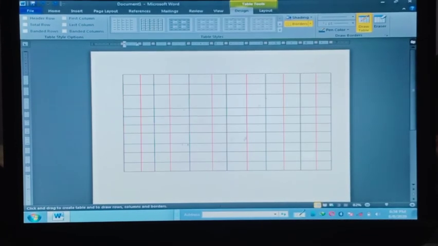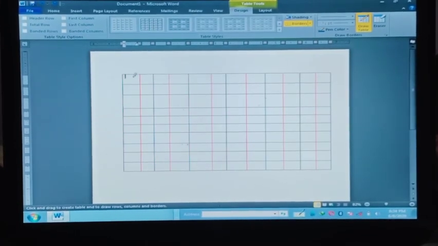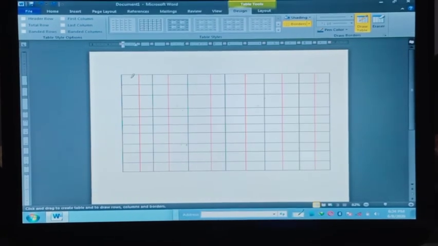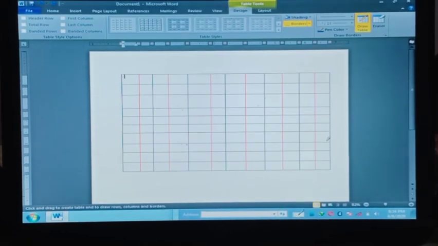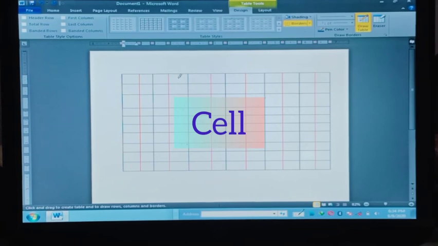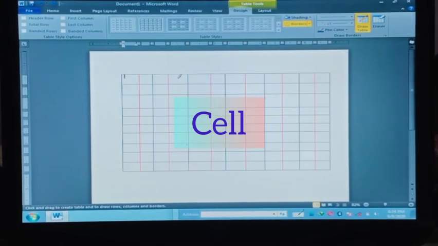So you can see this is the table here. One single box is called a cell. It means the intersection of row and column is called a cell, and this complete box you see here is called a table. It is the collection of rows and columns that makes the table. Clear? The vertical lines in this table are called columns, and the horizontal lines are called rows. Fine. And the single box in this table is called a cell. It is also known as the intersection of row and column.